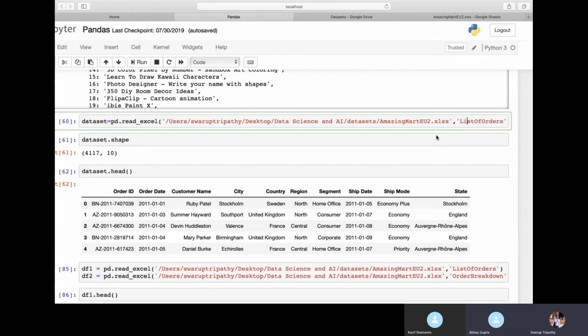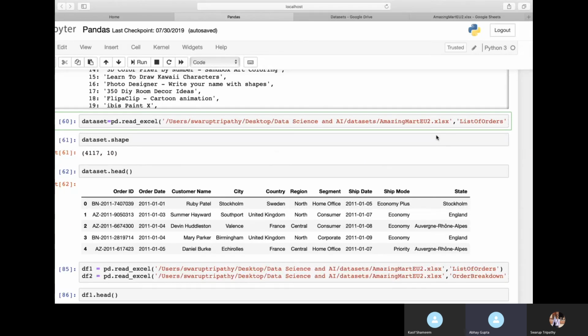But I have given the sheet name and I'm getting some kind of error. Can you read out that error? It's a parser error, tokenizing data.